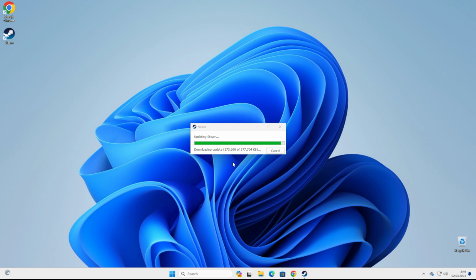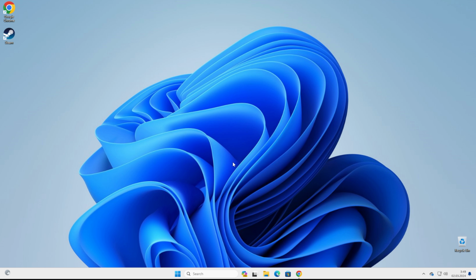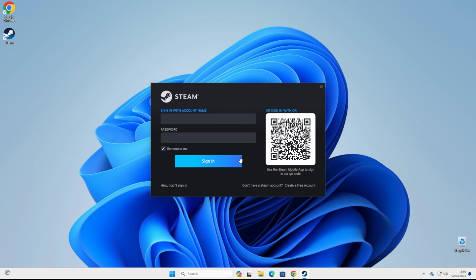As you can see, now the file is almost downloaded. Now it says updating Steam, so now all the files are being installed. We just need to wait for that process to complete, and after a while it will come up with that